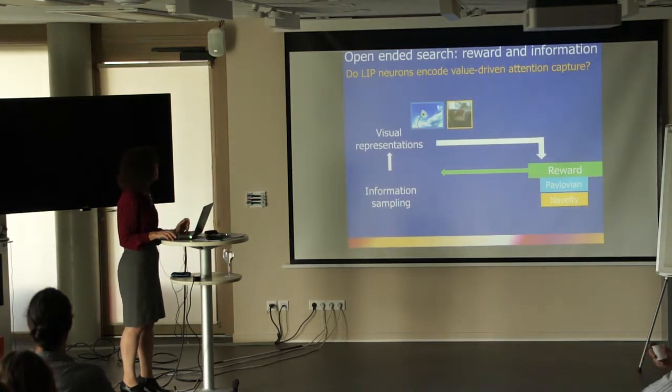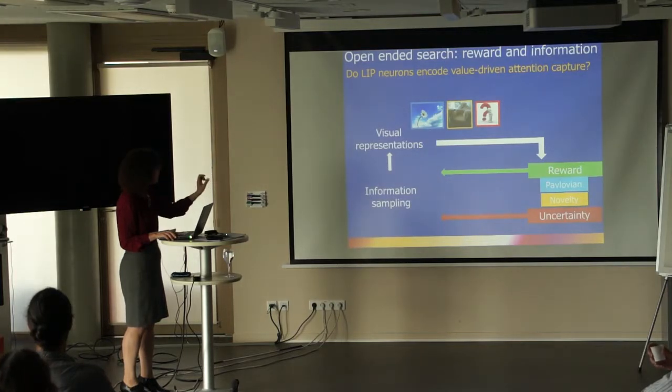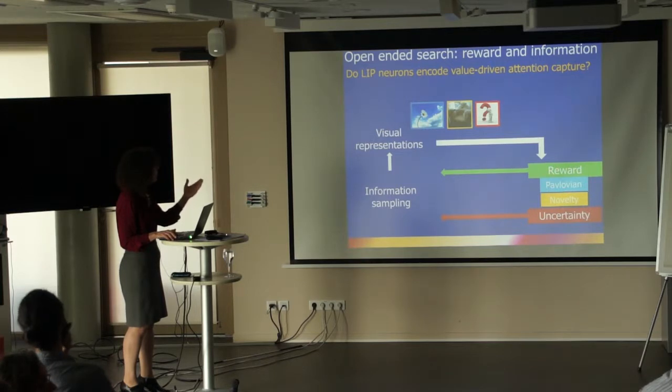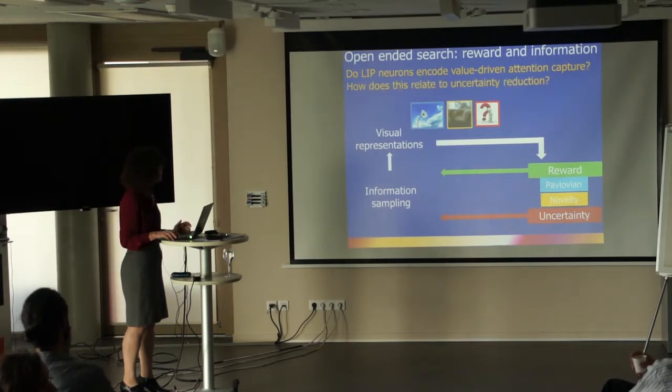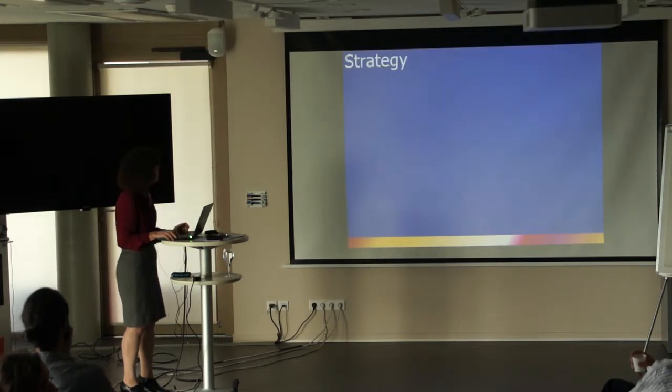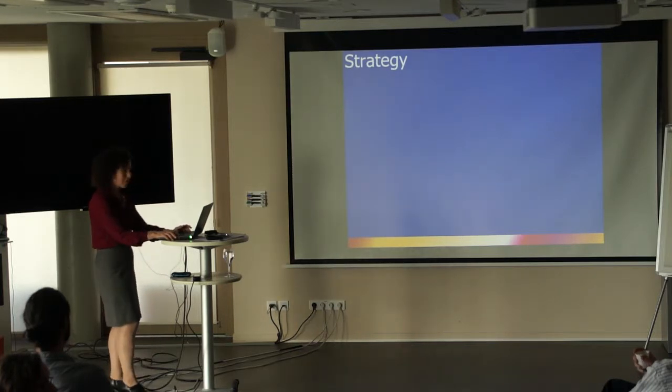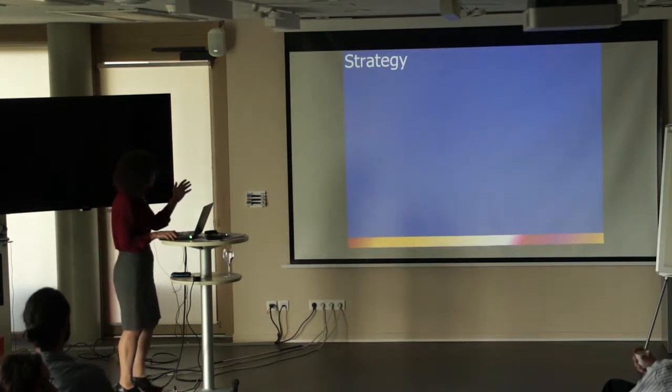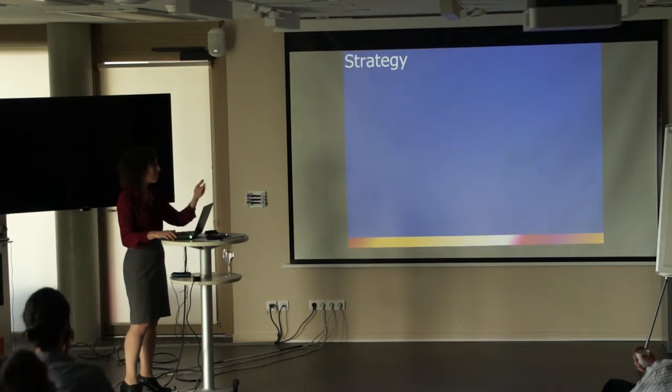Okay? And then I will talk about Pavlovian reward and novelty in the first part, and then I will ask, well, how do these really interact with uncertainty reduction? Because they really are two different categories of things. Okay, so the general strategy will be, right, so a first problem you have is,